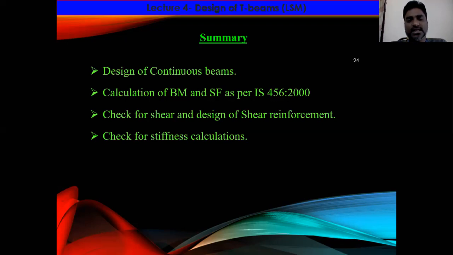That means we calculated the maximum shear force based upon the coefficients proposed by IS 456-2000, and then we calculated tau C and tau C max, and we compared them. So we got tau V is greater than tau C and tau V is less than tau C max. So therefore, we need to design the shear reinforcement. Accordingly, we assumed the vertical stirrups and calculated the spacing. So this is how the overall design of a singly reinforced continuous beam is done. Right.